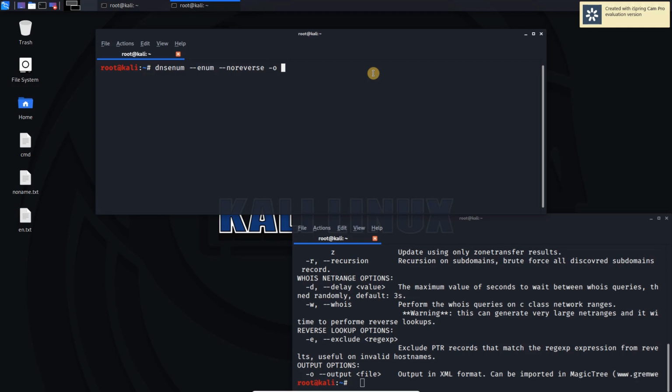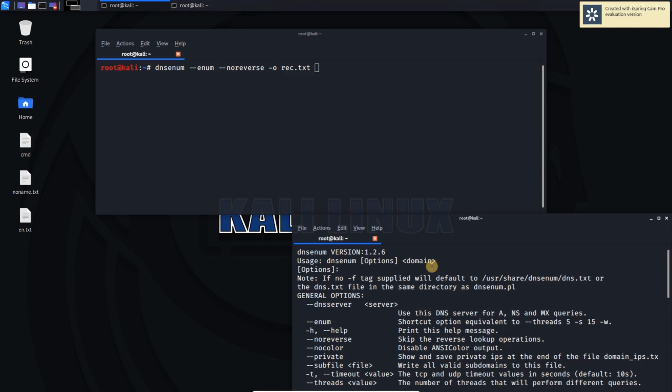You can keep any name for the file, for example record.txt, and then we will use the name of the domain. So here we will be using hackthissite.org. This is an open website where you can practice hacking. Don't try other websites, it may have some legal issues.